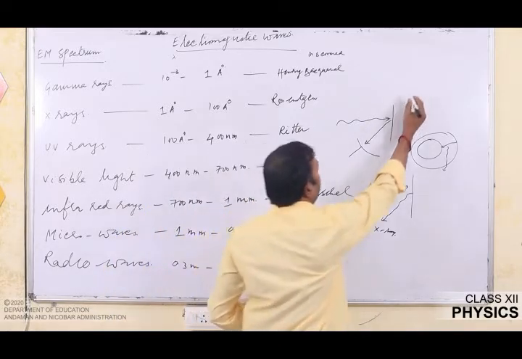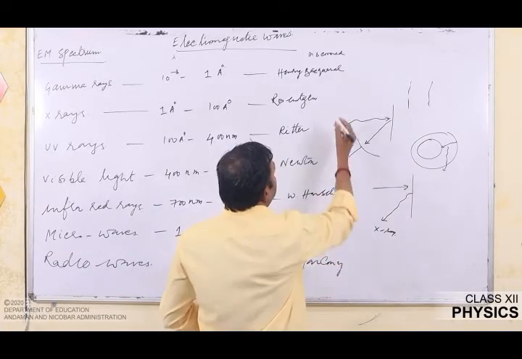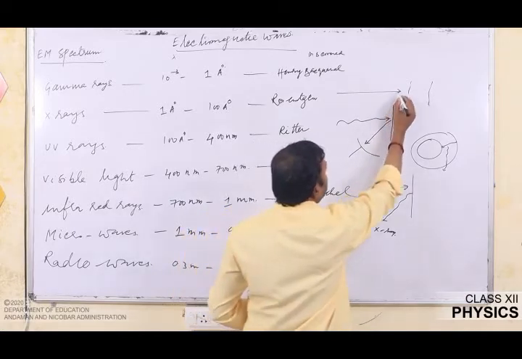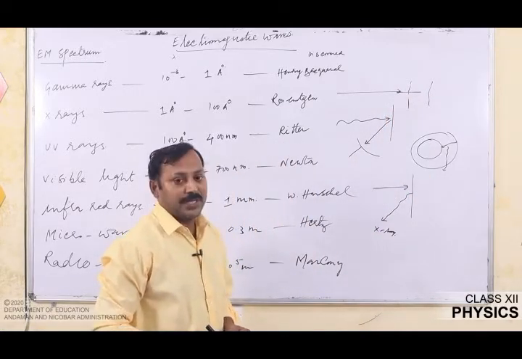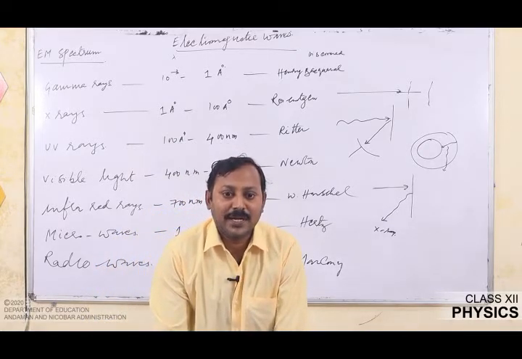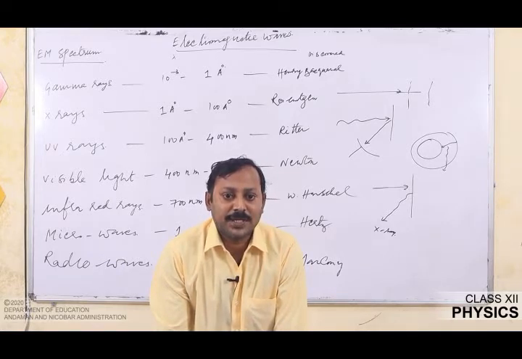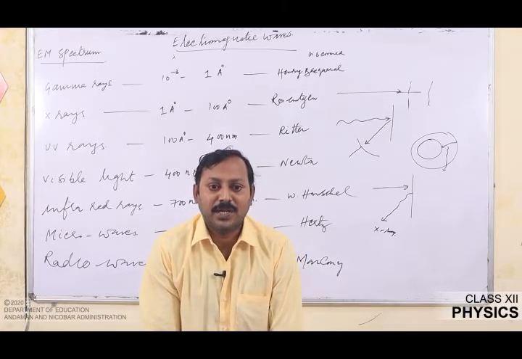Suppose that here we have a gas. Ultraviolet rays are produced by passing an electric discharge through this gas. When the electric discharge passes through the gas, UV radiation is produced. So, this is the way by which ultraviolet radiation is produced. Another way of producing ultraviolet radiation is by using semiconductor devices. Nowadays, we have several semiconductors which can be used to produce ultraviolet radiation.